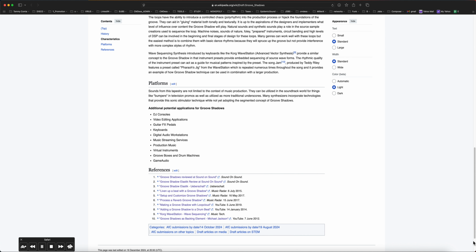Additional potential applications for groove shadows: DJ consoles, video editing applications, guitar effects pedals, keyboards, digital audio workstations, music streaming services, production music, virtual instruments, groove boxes and drum machines, game audio,